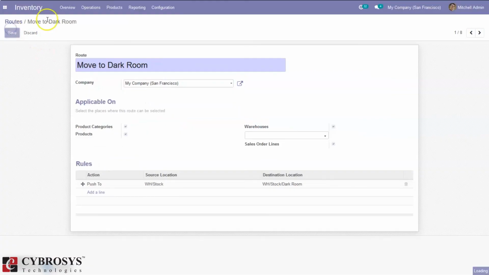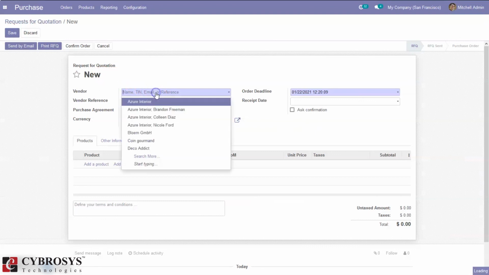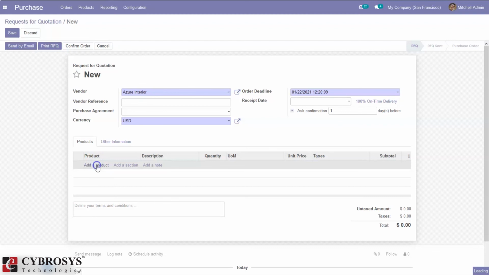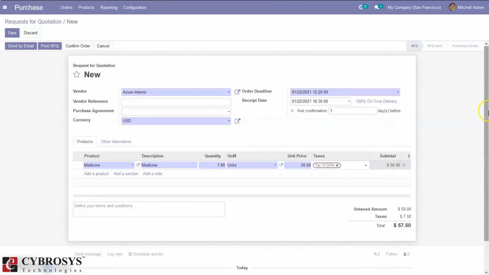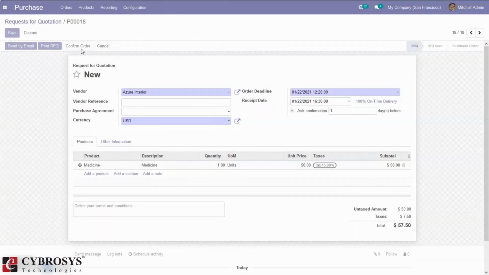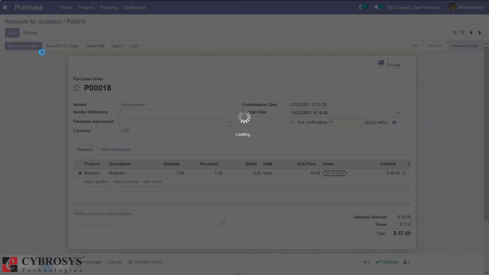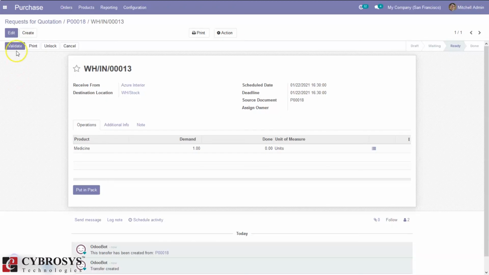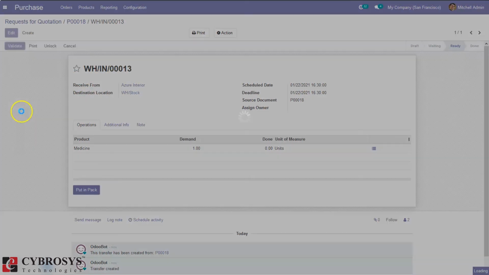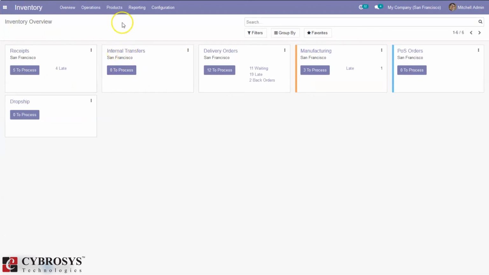And after saving this route, if I again create a purchase order for this product medicine, after validating, if you check inventory, you can see no internal transfer is created. That is, no step is added in between.